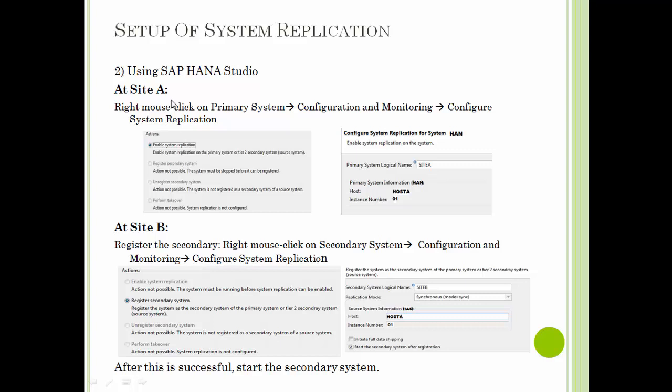Site A standby host now. So upon clicking this, you are registering site B as the secondary system. You will get this screen where we will give the logical name for site B. You can choose site B or secondary and choose the replication mode. Here synchronous is chosen, and give the source system information, that is